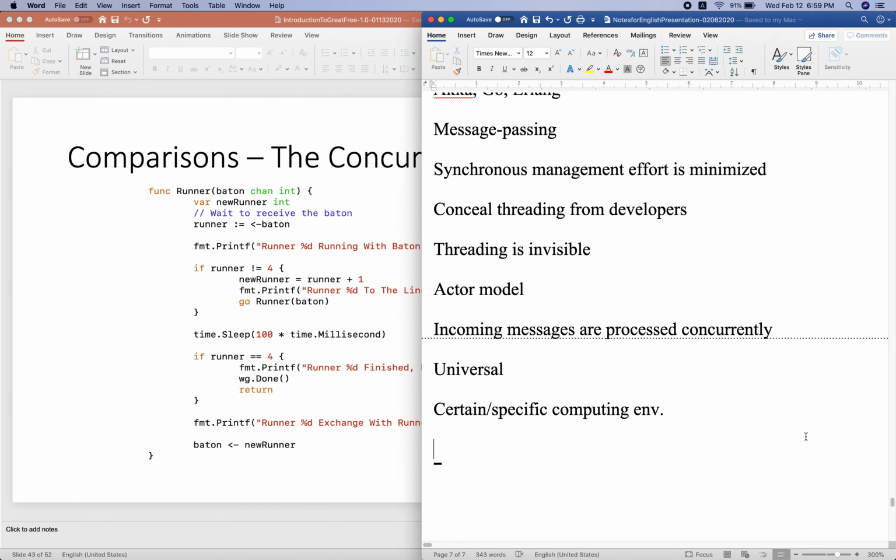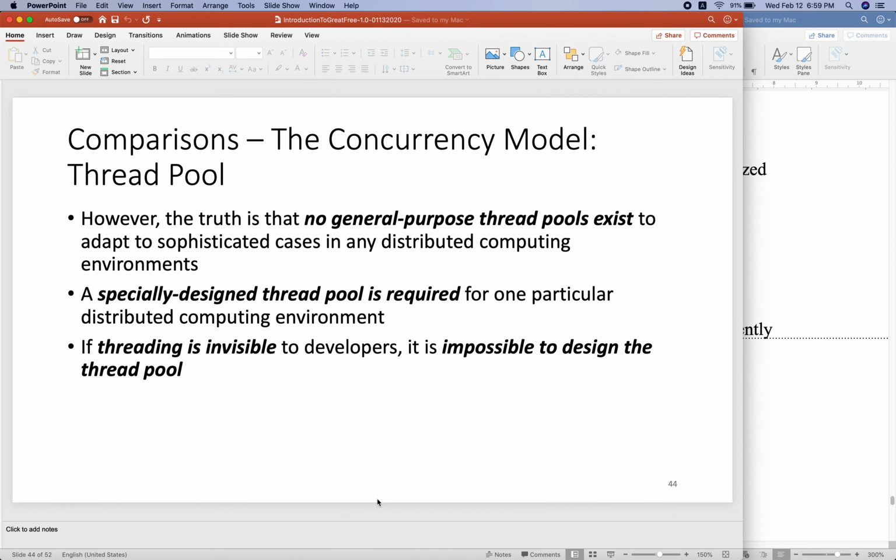Both of them use the actor model. Actor model is a concurrency model. Both of them use asynchronous messaging to program concurrent systems, and both of them conceal or hide the threading from developers. These are the two important features of the two programming paradigms.